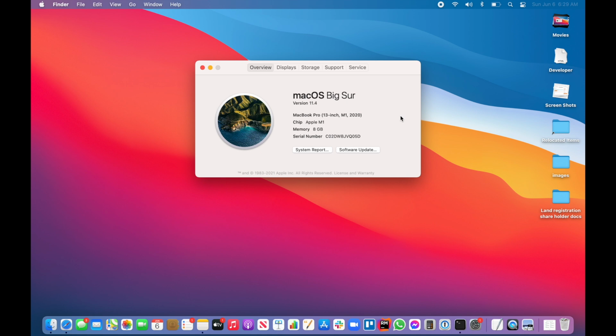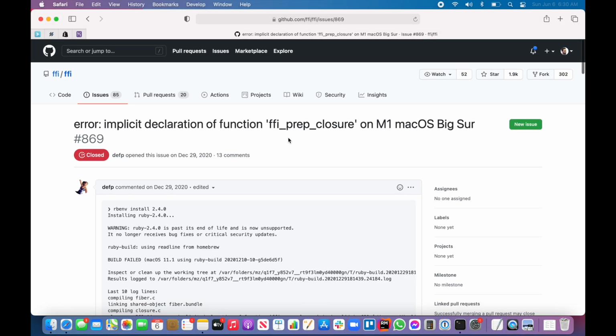So I purchased a new MacBook Pro with the M1 Apple chip a month ago, and on it I tried to install Ruby 2.5.3 for my Rails project. And when I did, I bumped into an error that says implicit declaration of function ffi_prep_closure on M1 macOS Big Sur. So that was the error that I faced, and I was literally lost, and I was googling for a while,